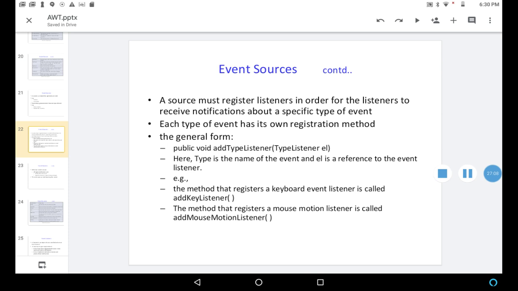The method that registers a mouse motion listener is called add mouse motion listener. So the listeners have to register with the source.